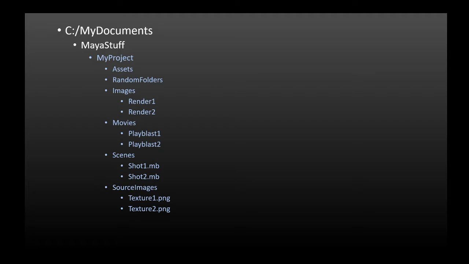Your images is where you're going to store your renders or maybe some reference images. Your movies folder is where Maya stores your play blasts. Your scenes folder is where Maya is storing your Maya files, and your source images is usually where we keep reference images and texture images, and anything that's going to be plugged in as a source to one of your